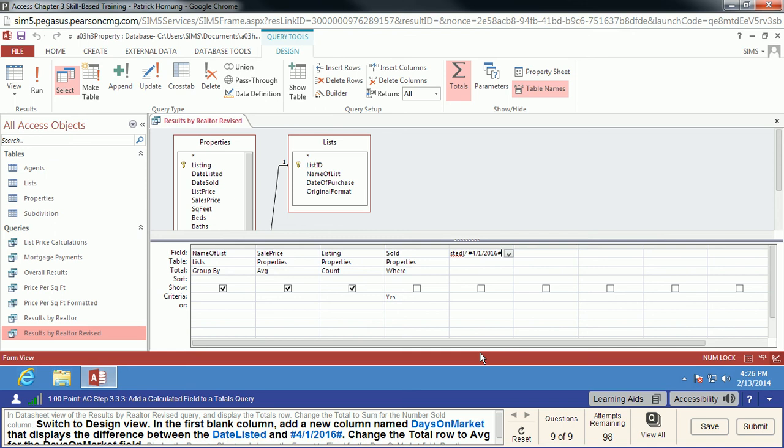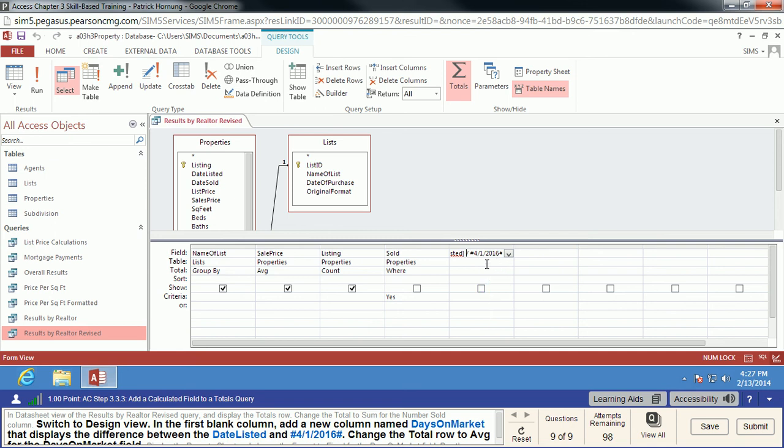That one had to be right up against list price. But if you're ever in a quandary here, you can always put that extra space in, and it's actually a good habit to get in, both for readability and so that there's no possible conflicts with strange characters. So I'm putting a space in between date listed and the division sign and then the date. So date listed space divided by space